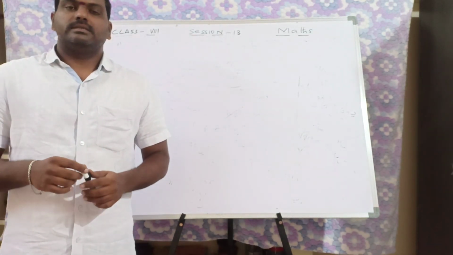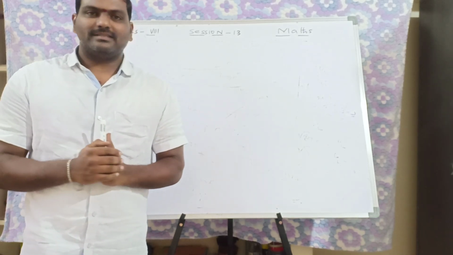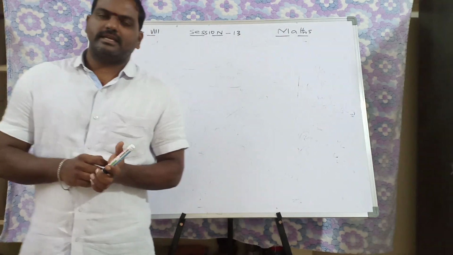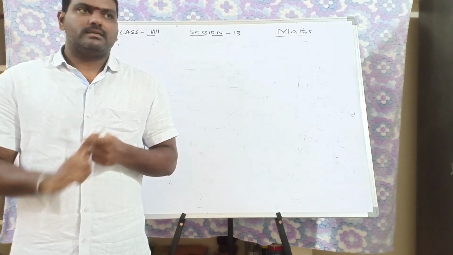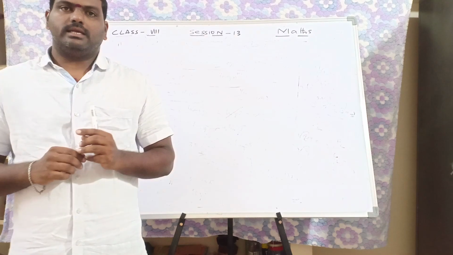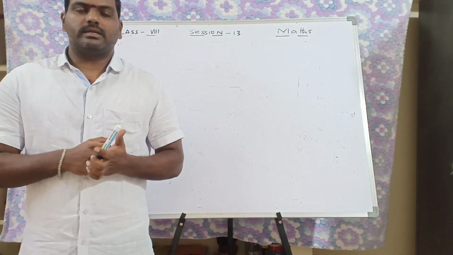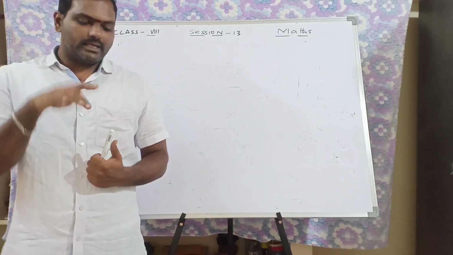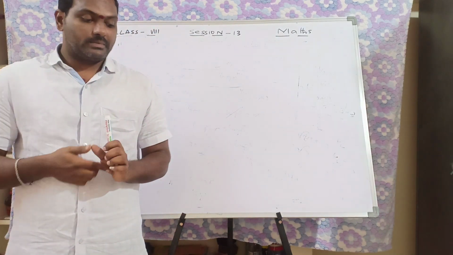In the previous session I gave you some examples and homework. Only one or two students did it correctly; the remaining students made mistakes. The reasons are, number one, you did not copy the question properly, or number two, you do not have a good grip on those questions. So today I'll explain all the sums, and wherever you were confused, I'll explain that.